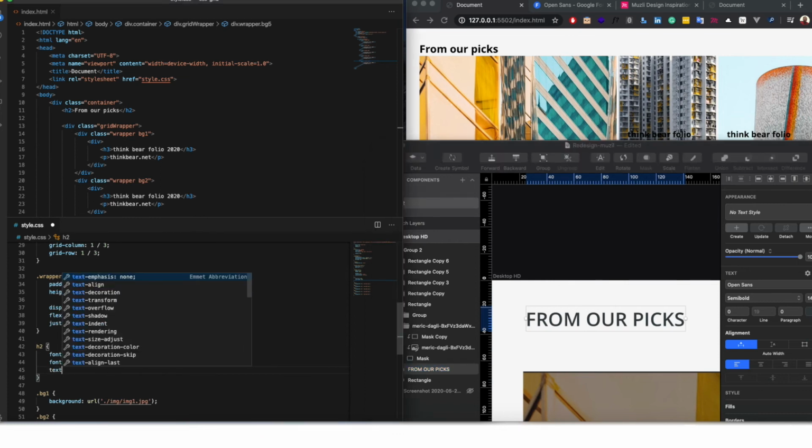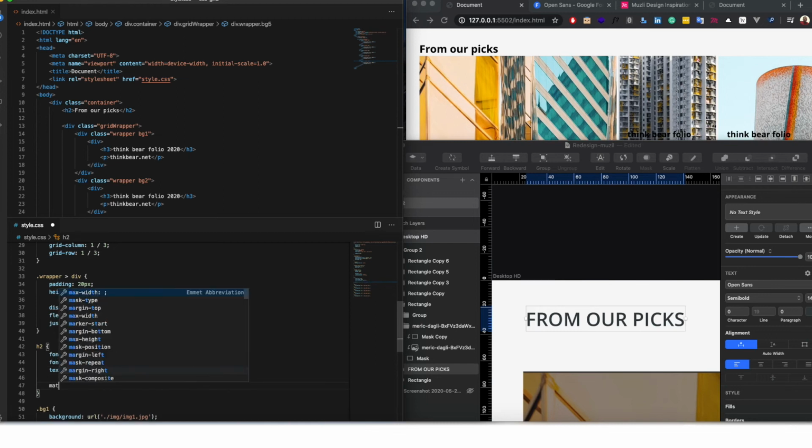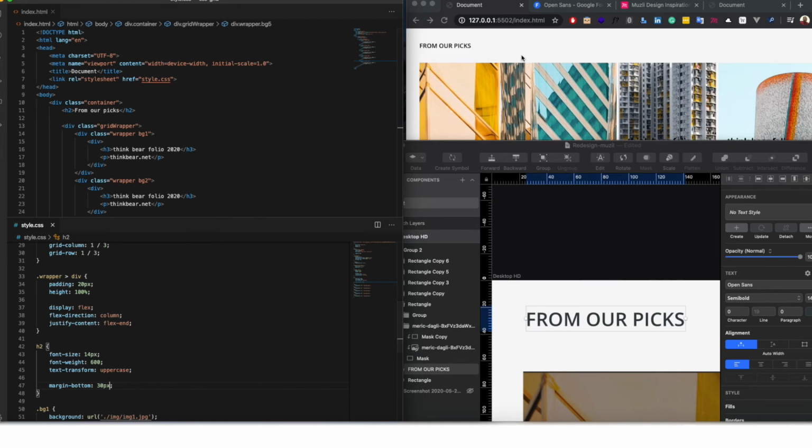So say text-transform uppercase, and then give it a margin bottom of 30 pixels to give it some breathing space from